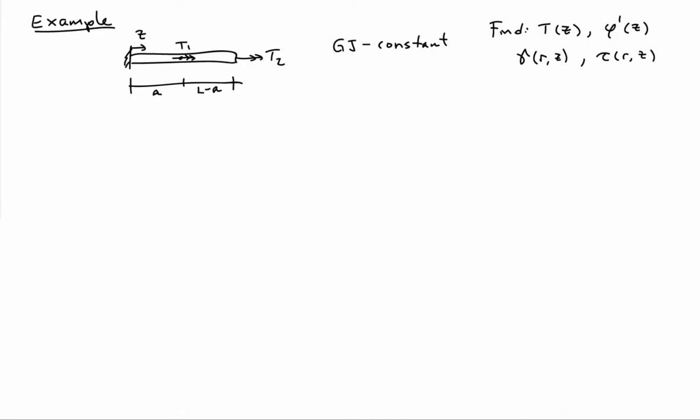Let's consider a round torsion bar of length L, and it's subjected to two torques. T1 is located at distance A from the left-hand side, which is built into a wall, and on the right-hand side I have a point torque T2. We'll go ahead and assume that GJ is a constant,